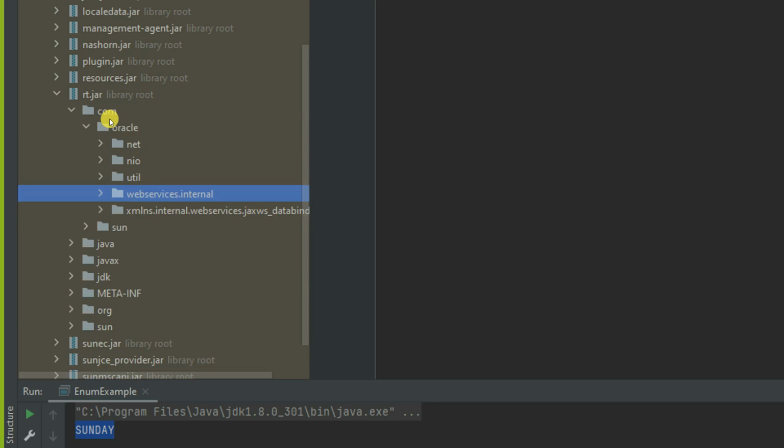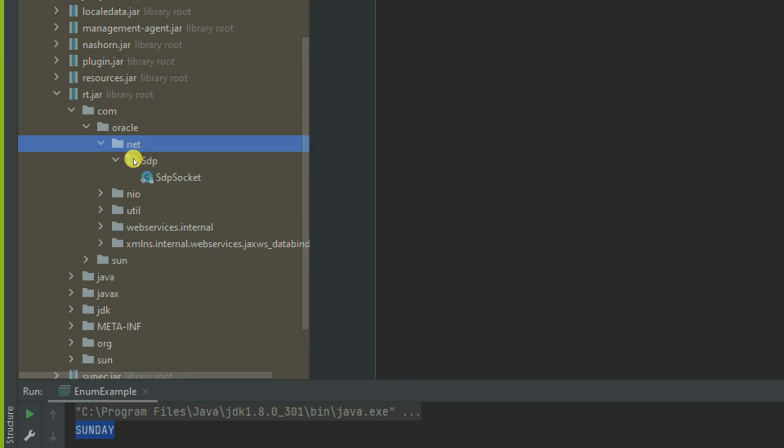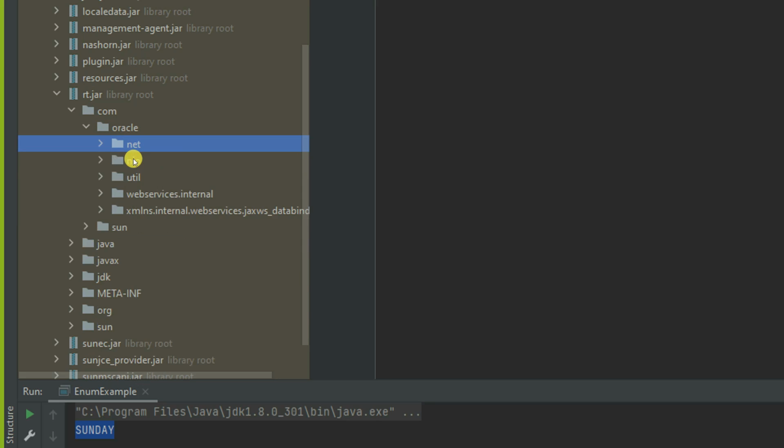So you need to follow the standard. Com Oracle is the company name, then whatever service you are going to offer is the service name, and after the service name you can specify the functionality. That is the naming convention you can follow.